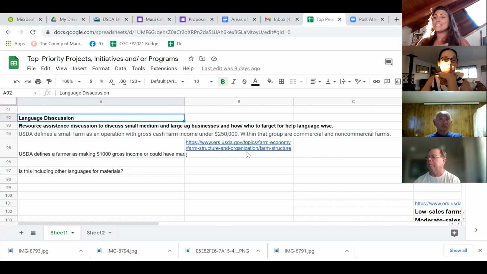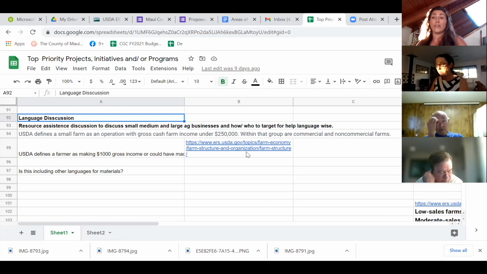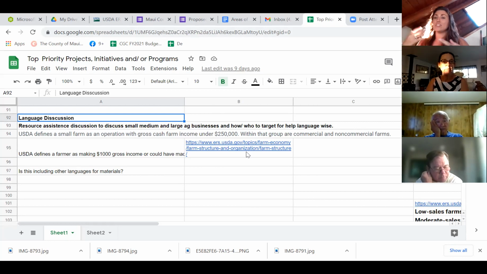But I want to mention, this doesn't exclude the department from helping anybody. Just because you put in language to target resources to help a specific demographic does not mean they can't help people outside of that demographic. It just means they have to focus the majority of their help on meeting those needs. The people that have the ability to navigate that process on their own because they may have more resources can do that, and they won't be turned away. It just makes the department focus on a different demographic. Does that make sense?